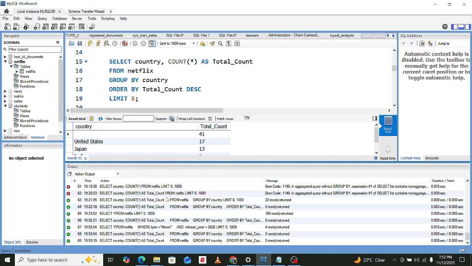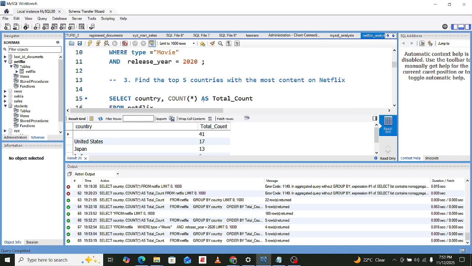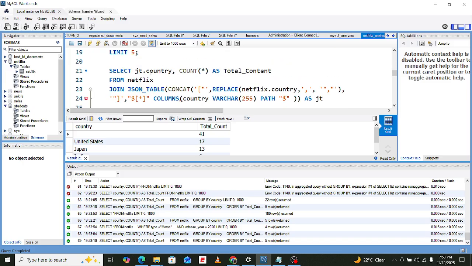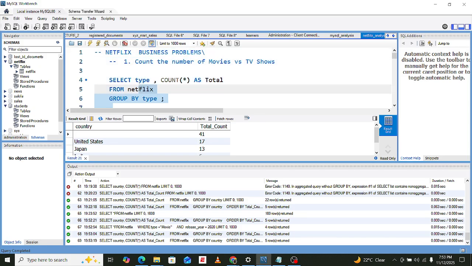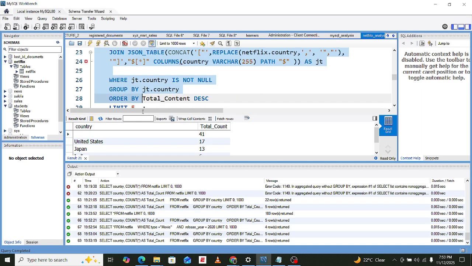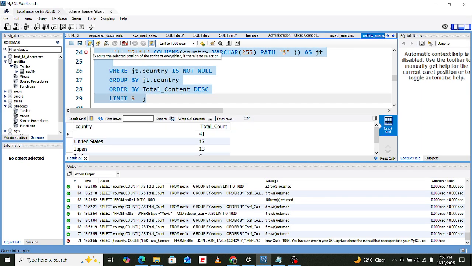Let me see this. Let me execute this. This is quite a complex SQL command. Let me execute from here, so that we can see the error.